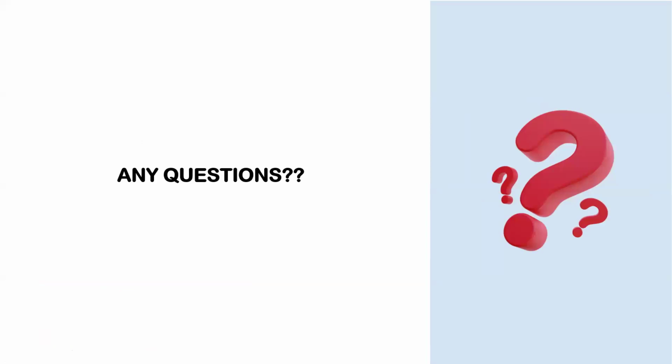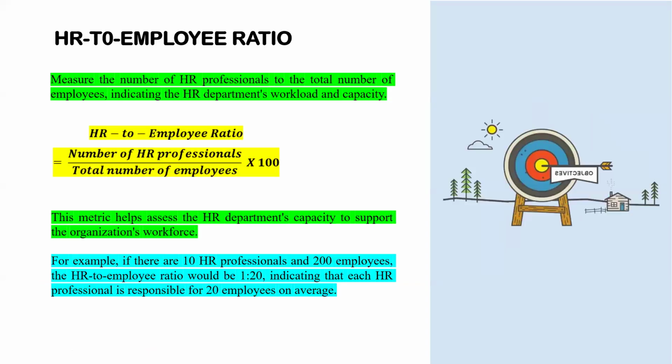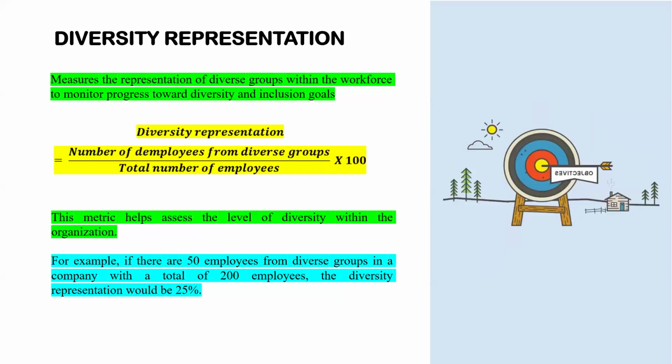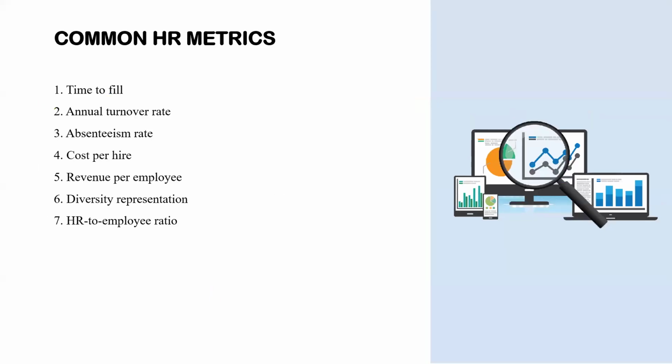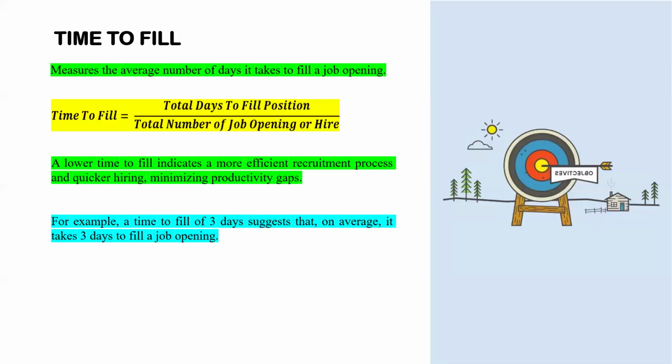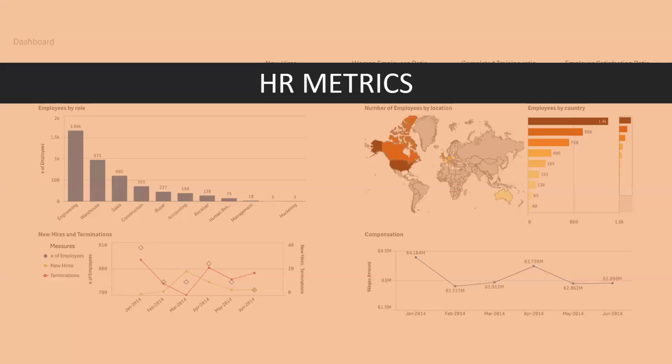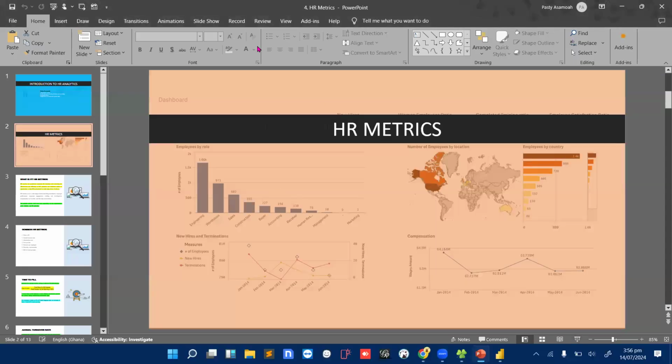And that brings us to the end of the HR metrics. So the important thing you need to go away with is not the specific metrics and what they do, but you need to understand what the metrics are, the common metrics over there, and why they are even important. And we said that they are very important because they help HR to know whether they are performing well or not performing well. Okay. All right. Any questions up to this point? Otherwise, we'll end the session. Any questions?